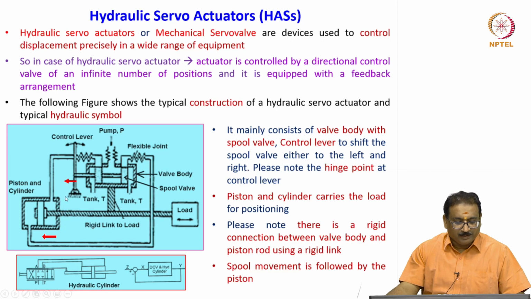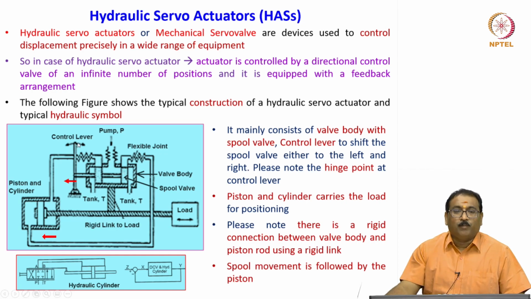Now, I have shown you here the 2 arrow marks to illustrate when the lever is pushed to the left side. What happens? You will see here the pump port is in the middle, and the 2 tank ports here. This is a spool valve. Assume it to be in the middle position; we will see here all ports are blocked. The P port is blocked to the actuator port, and this is also blocked.